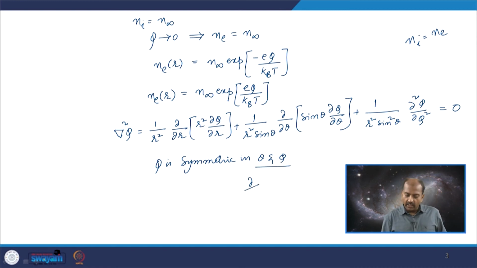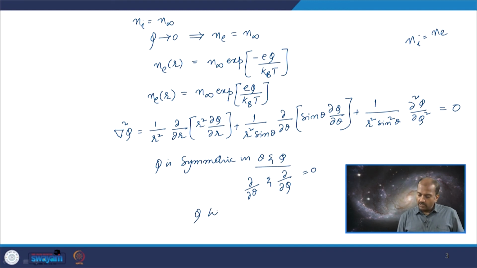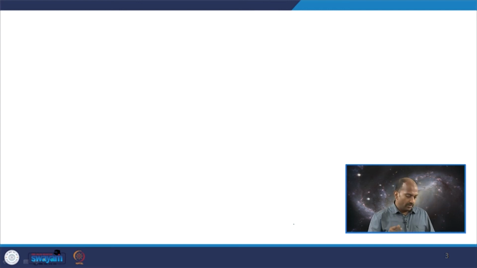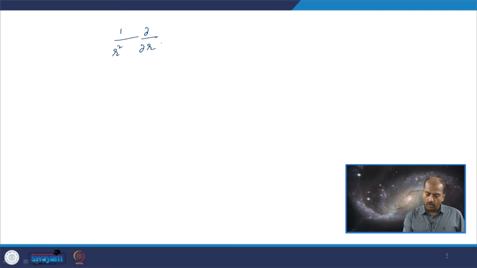It means that any derivative with respect to theta and any derivative with respect to phi can simply be made 0. So, phi has a variation, let us say, again an assumption, only across r. So in that case, let us say, dependence only along the r. We will retain the r part of the derivative: 1 by r square dou by dou r of r square dou phi by dou r is equals to minus E by epsilon naught